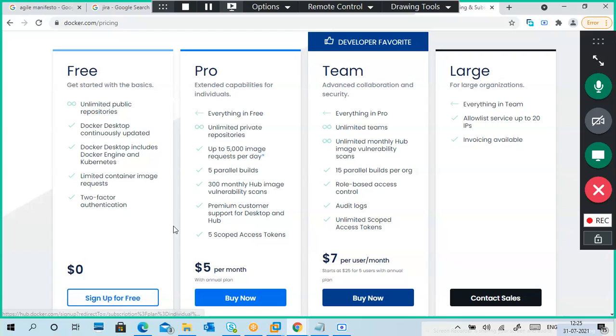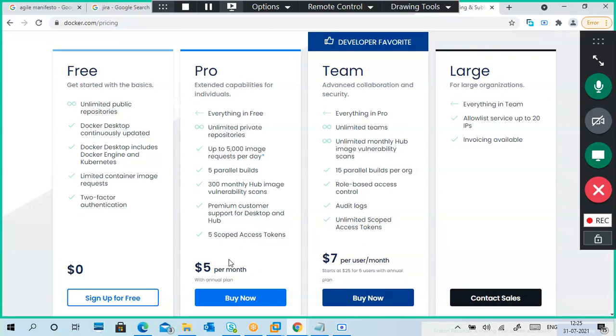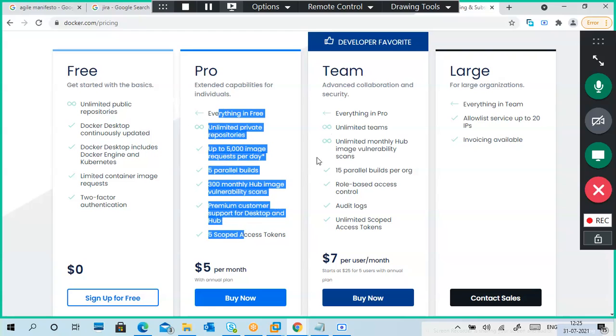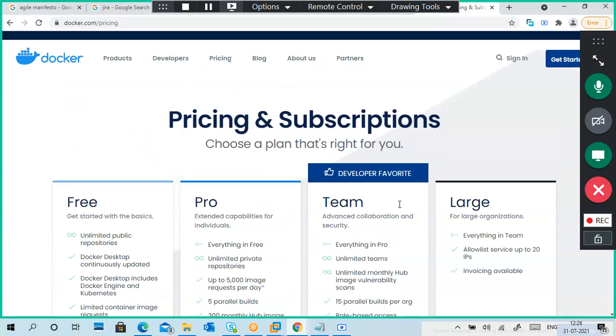So you can sign up freely like that. Depending upon your plan, like if you want private repositories, more storage space, or support, you have to pay accordingly, $5 per month, $7 per month. It depends upon the organization; large organizations will take a contract like that. Okay.